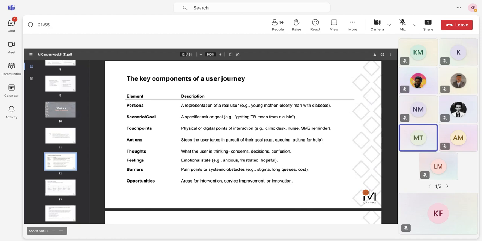So that's also included. The next one that we usually have is to bring in more of an emotional aspect. So what is the person thinking at each of these steps? What are they feeling? Their emotional state at each of those steps, as well as any of the barriers. So being able to pinpoint the pain points or systemic obstacles that the person could interact with, because even though we want to design a perfect journey, what we're designing for is rooted in reality. It's not always going to be perfect at each step just because we are great designers.